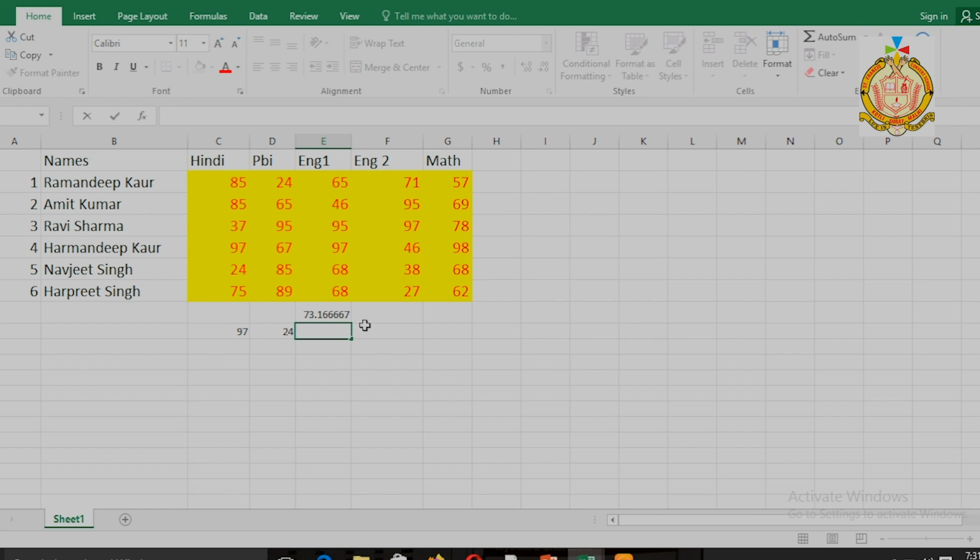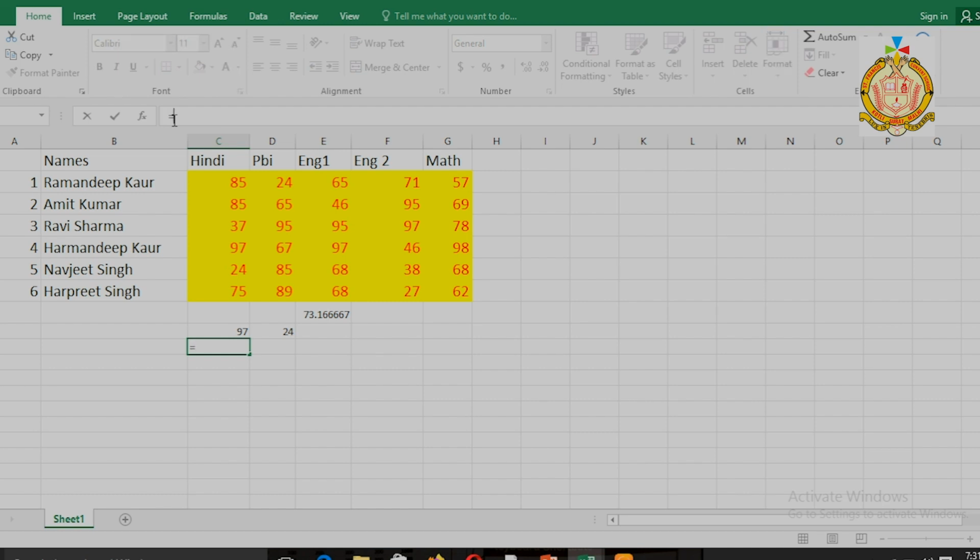Next, same way you can put a function. There are two ways to put the function. First, by hand, again I am going to tell you, the result will come the same.